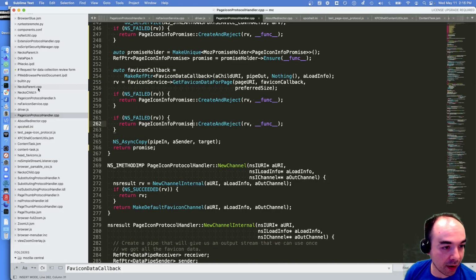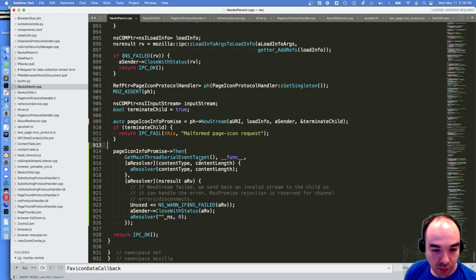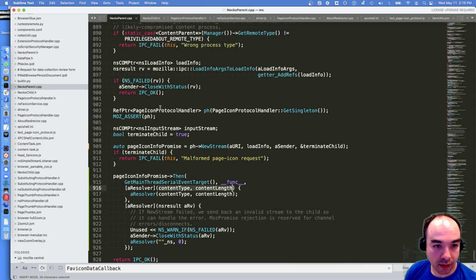All right, NekoParent. The resolver. It's gonna get a PageIconInfo. And we're going to pass in the info.mContentType, the info.mContentLength. We're actually going to call that an info because we tend to do that.